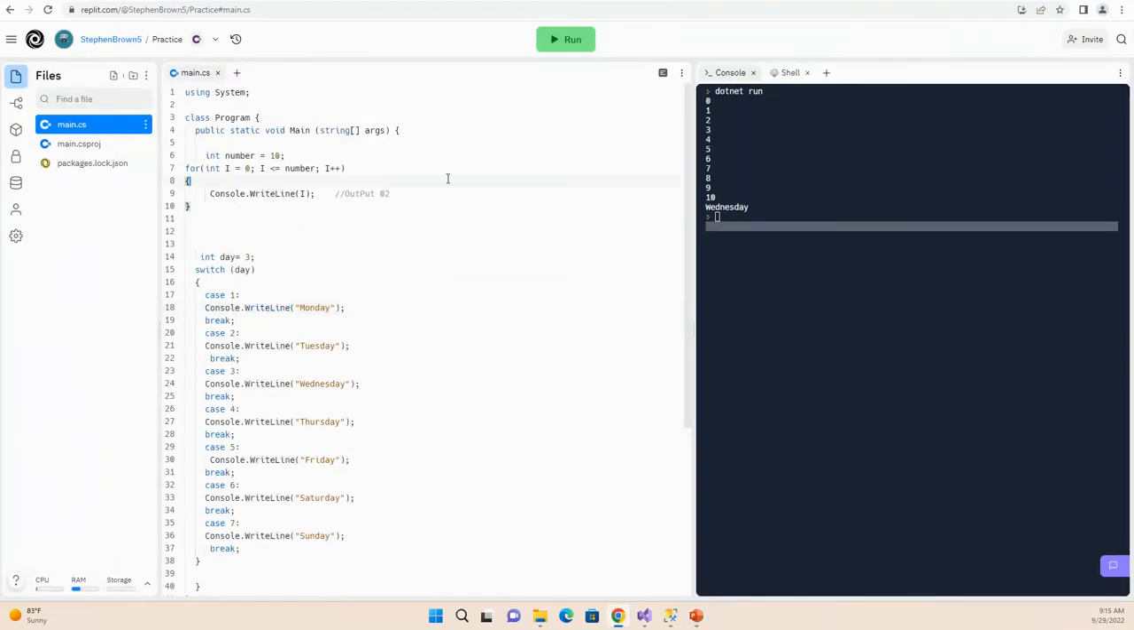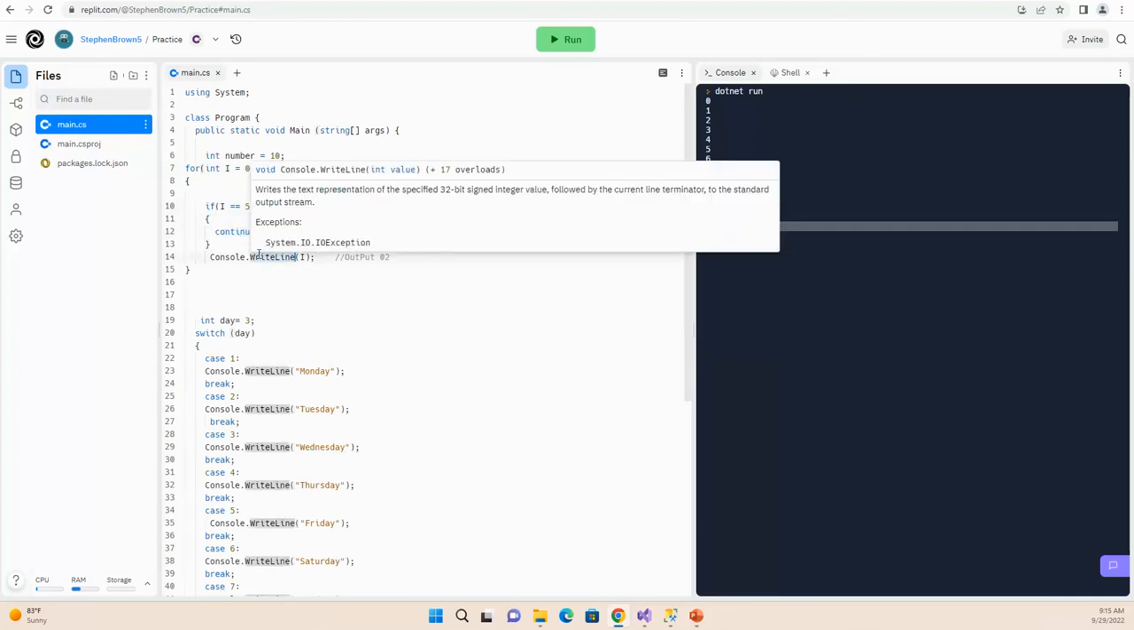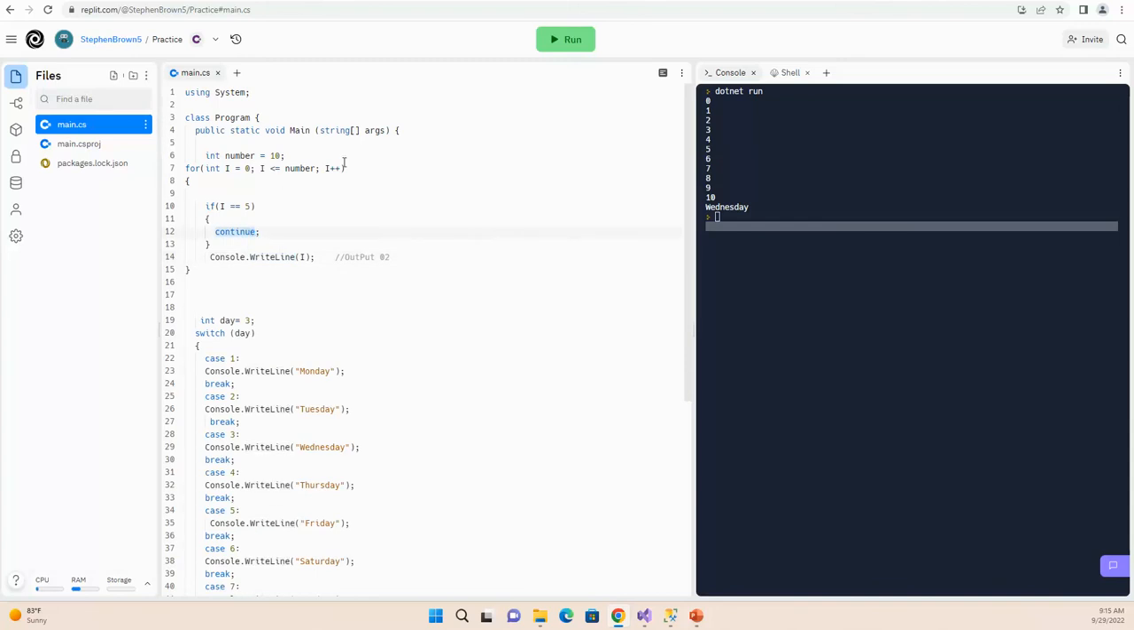All right, so you've seen how the break statement works, but let me show you how a continue statement works. So if i equals 5, we're going to add a continue statement. What a continue statement does is continue execution of the loop. It's going to stop where it's at, come back up here and continue. So once i equals 5, it's going to run in here and continue. And instead of coming down here to print out 5, it's going to come up here again, and then